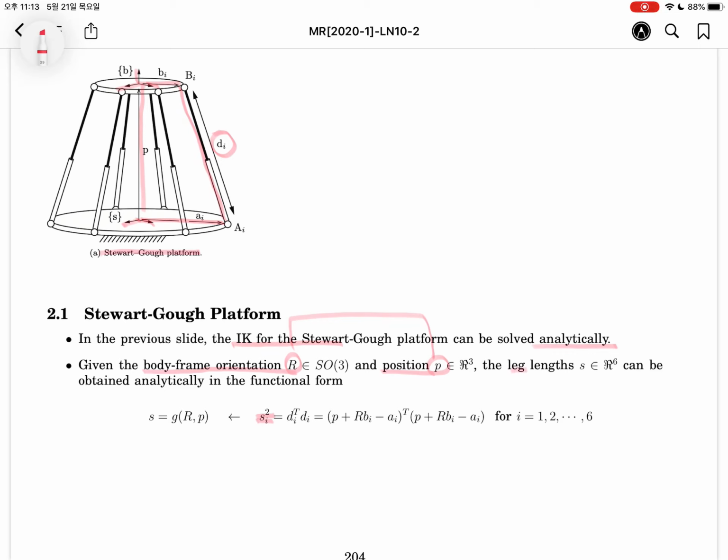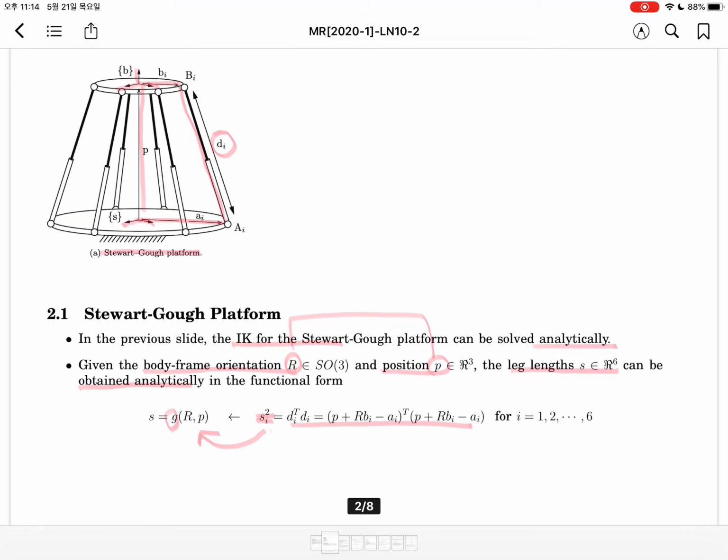For given R and p, the leg length s can be obtained analytically in functional form like this. We can write these equations 6 times, for i from 1 through 6. By collecting the 6 equations as a vector, we can write the nonlinear vector G